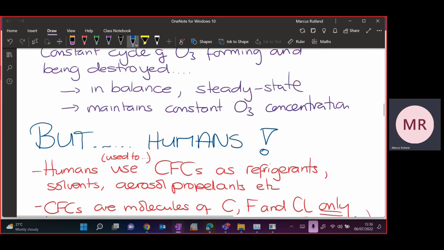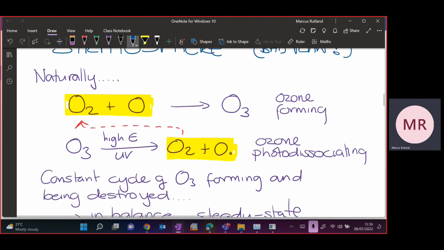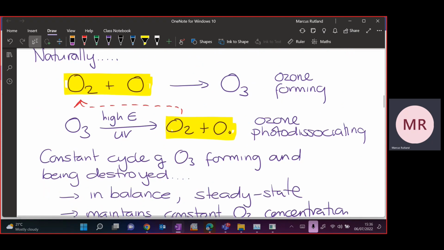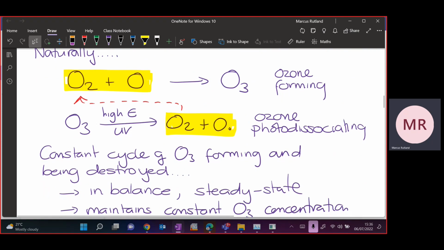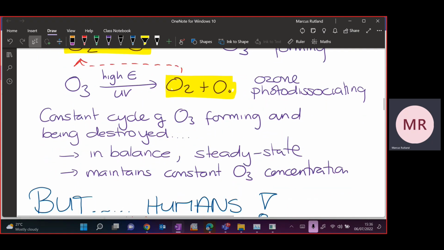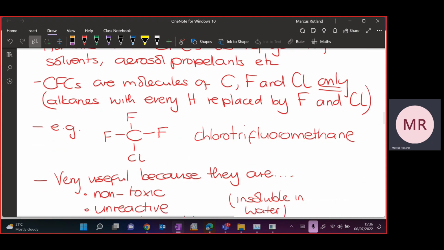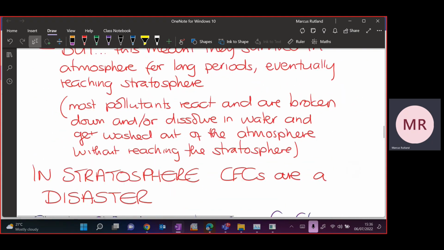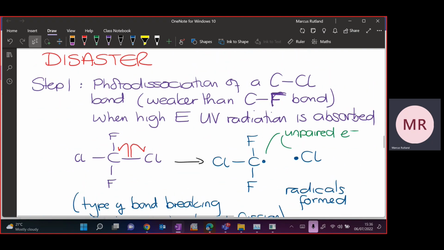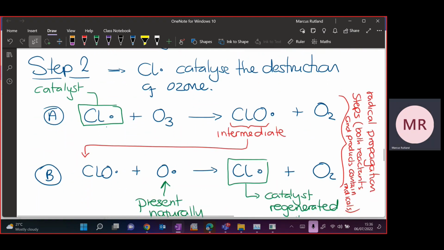So you've got to have this idea that the ozone in the stratosphere is normally just cycling through this birth and death reincarnation process as it absorbs UV light, maintaining a higher concentration. But if you chuck in something like a CFC to the atmosphere that gets up to the stratosphere, it can then photodissociate to make a radical like the chlorine radical. And that then does this two-step